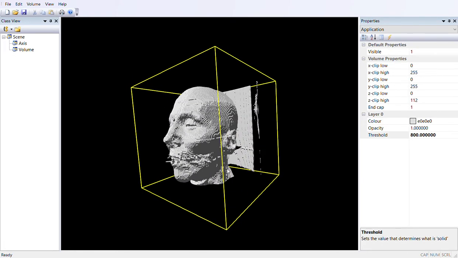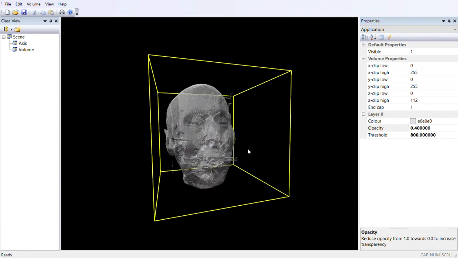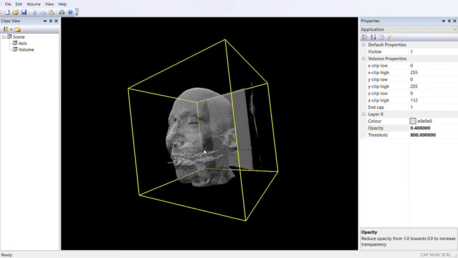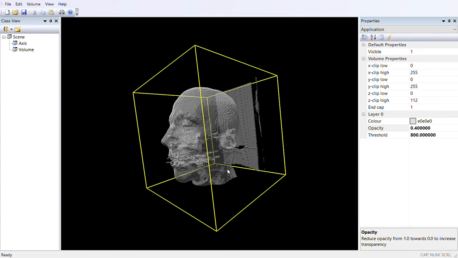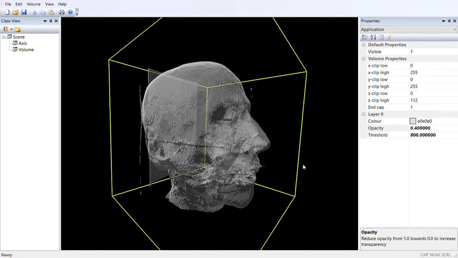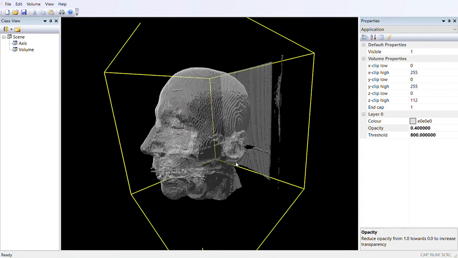So moving on to the next feature here. We can have some transparency. So I can set the opacity to a lower level. If I go for 0.4, we can now take a look at Bob on the inside. This is all well and good. We can maybe zoom in on that and have a look again at some of the features inside his nasal passages, his hearing canal,